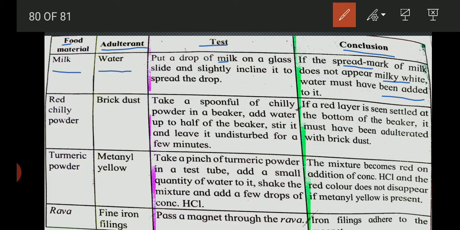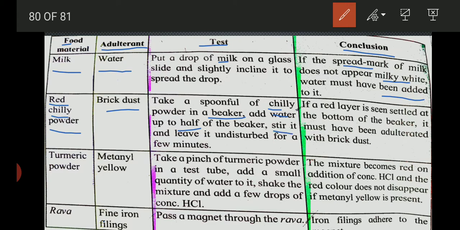Now the second food material is red chili powder. The adulterant used is brick dust. How are we going to check it, or how are we going to find out? Take a spoonful of chili powder in a beaker. Add water up to half of the beaker.